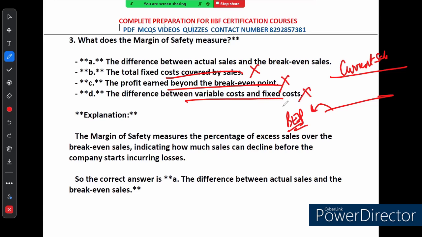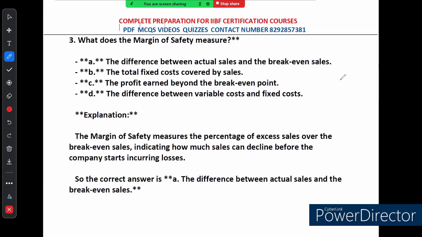Let's talk about why margin of safety is important. Imagine your business is doing well and you are selling more than the break even amount. The margin of safety tells you by how much. This is crucial because it shows how much sale can drop before you start losing money. For instance, let me give you an example to make it more clear. Suppose your margin of safety is high. So in that case, you have a larger cushion. Right? Which means you can withstand a decline in sale without worrying too much about dipping into loss.